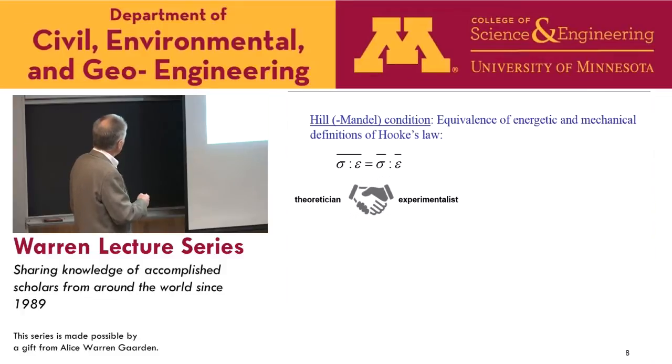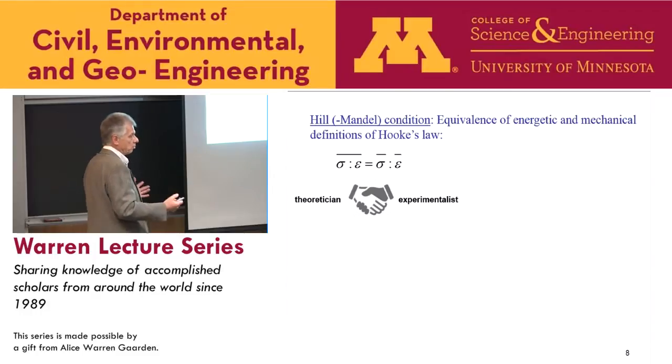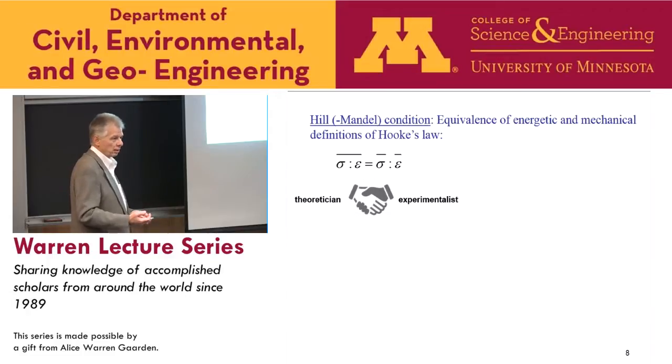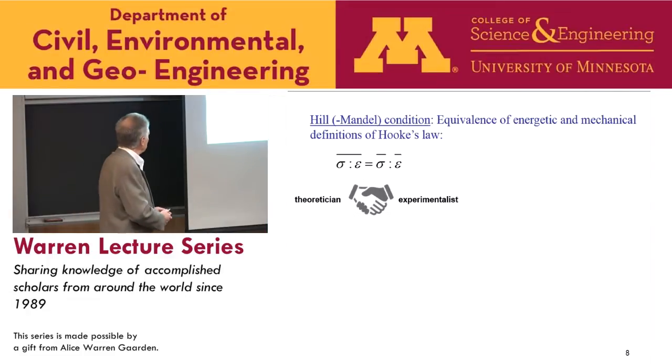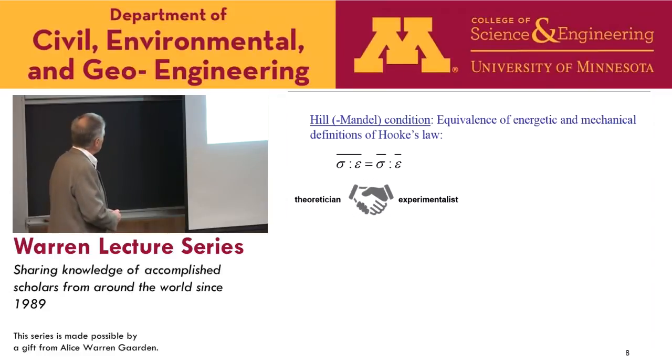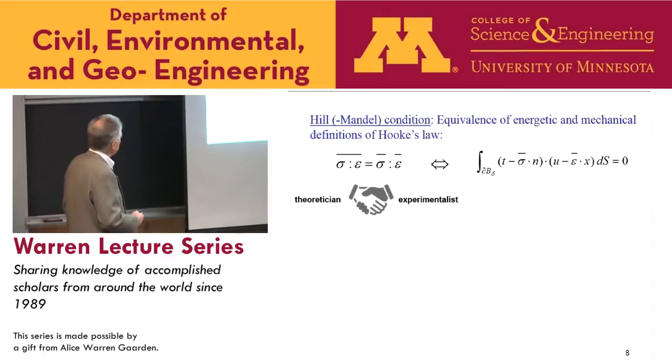This corresponds to a picture viewed by, or concept of a theoretician who works, say, typically with energy densities, and an experimentalist who will say, I don't work with energies in the lab, I work with volume averages of, say, stress and strain. I'm applying stresses, strains, and so on. So that's a handshake that allows me to set up a constitutive law in a consistent way, two different points of view. Then one uses Green-Gauss theorem a few times and balance laws, everything statics, no body forces, and one gets this condition